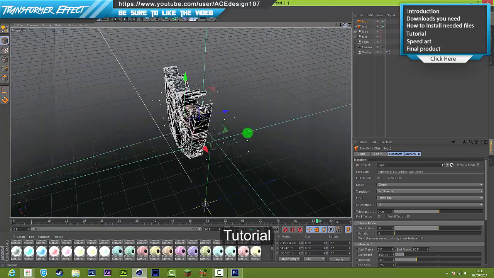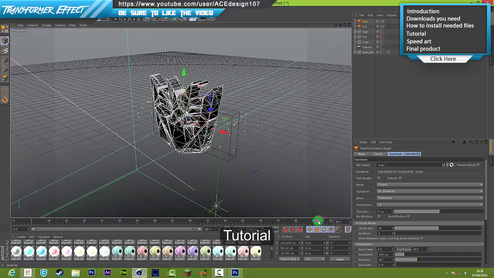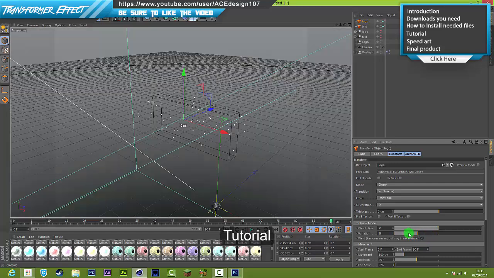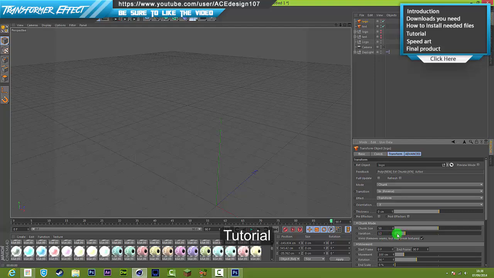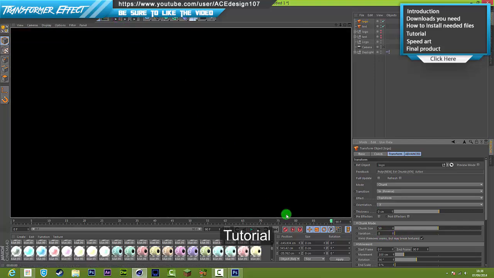And obviously the chunks don't make it even, so what you can do is go to your logo and put on weld, and then when you render that,